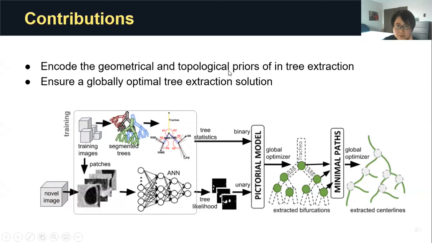Because it is a pictorial structure optimization problem, it comprises two parts. One is the unary term, and one is the binary term. We collected the unary term by using a network to predict the tree likelihood and use it as the unary term. And then we collected statistics from the dataset and encoded it into the binary part of the pictorial model. And then by using the global optimization schema of the pictorial model,